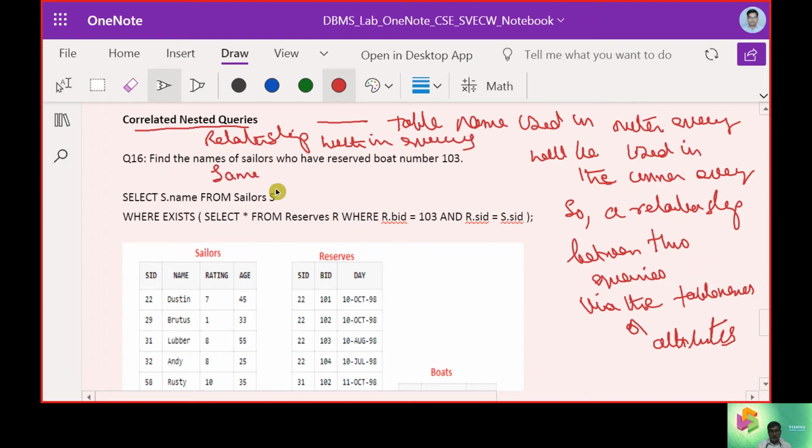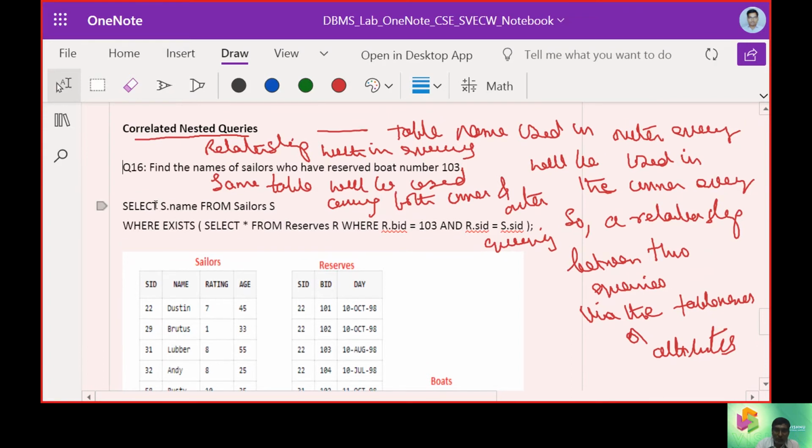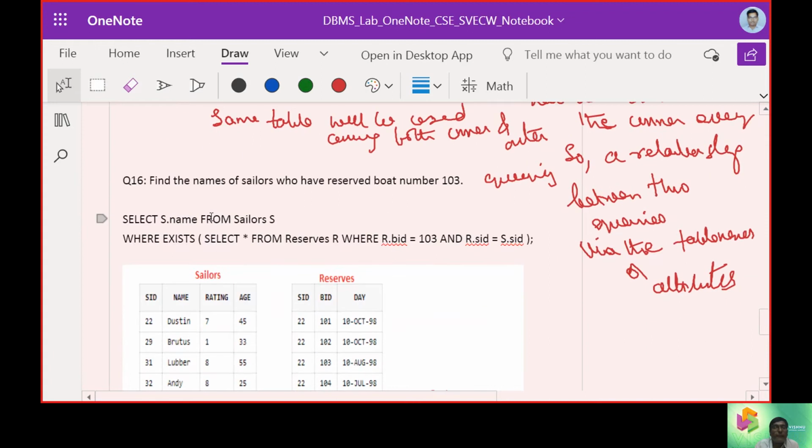The same table will be used among both inner and outer queries. So that was the takeaway we should understand as of now for the correlated nested query.